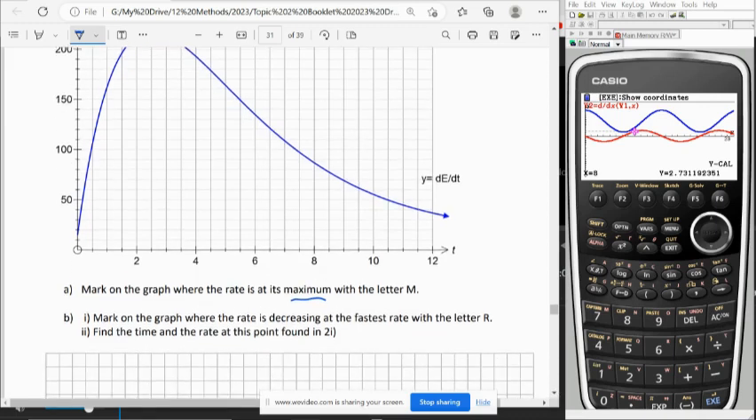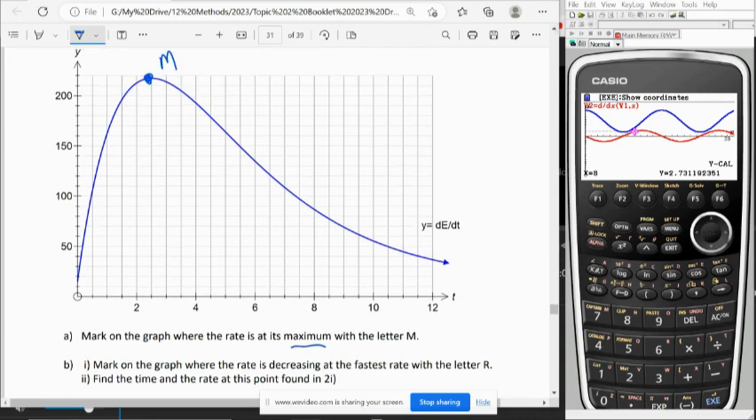Mark on the graph where the rate is decreasing at its fastest rate. So that one's a real tough one. I guess the simple way to think about that one is, where is this graph decreasing? Because this is a rate graph, remember. So where is this graph decreasing? And hopefully you guys can see it's decreasing from the actual stationary point at M at its fastest rate. Okay, so I mean, we could talk about tangents here. You can see there's a tangent here,